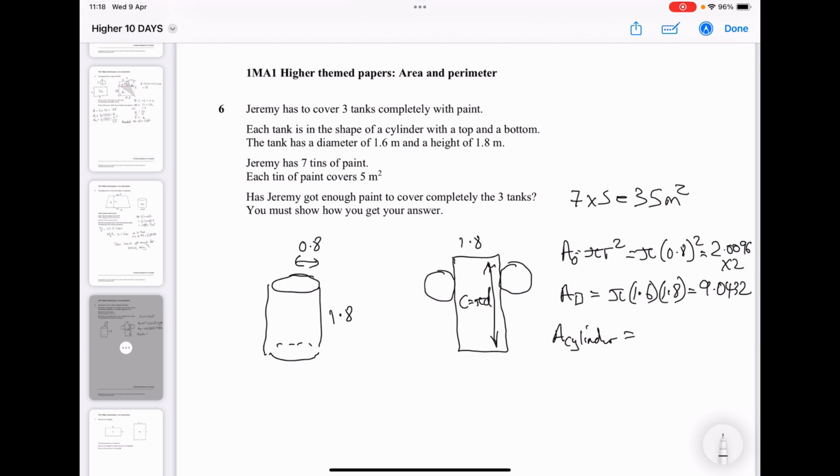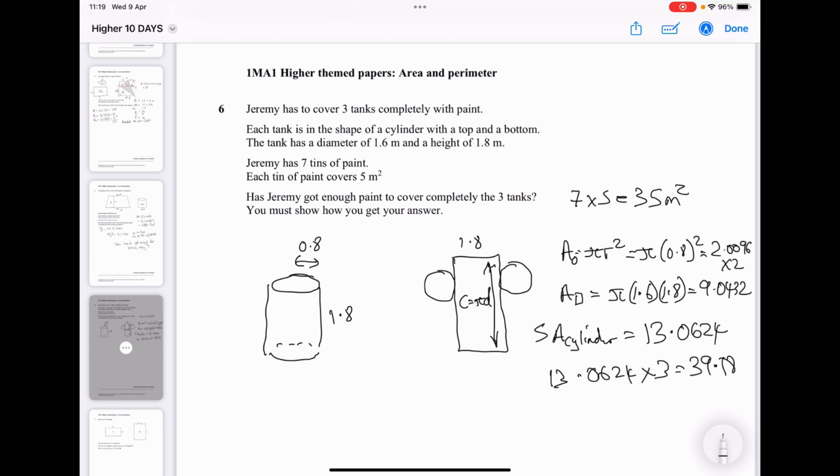That gives me the surface area of the cylinder of 13.0624. If I times that by 3, that is obviously 39.18 by the looks of it, 39.18 something,